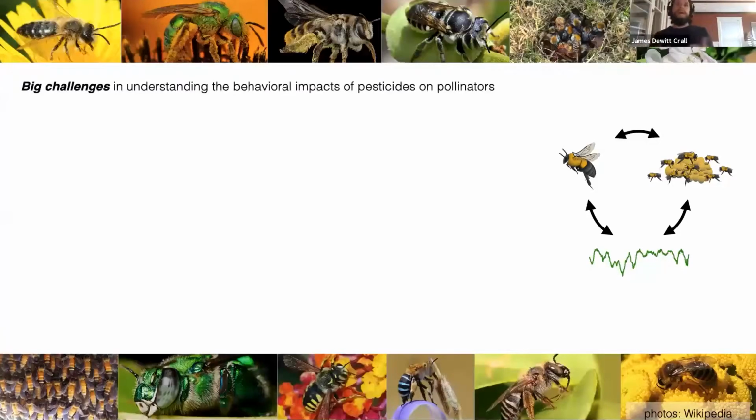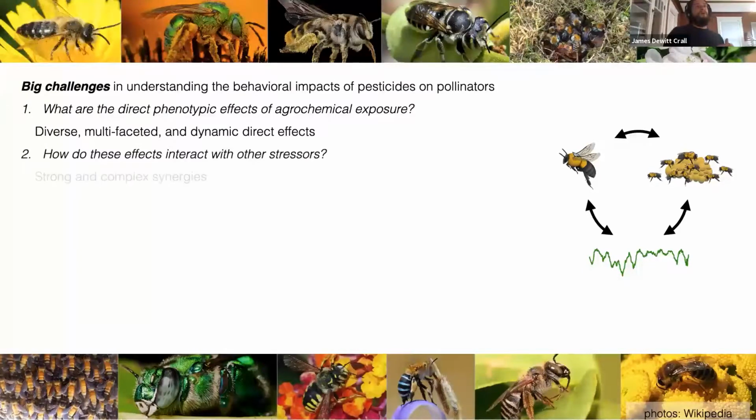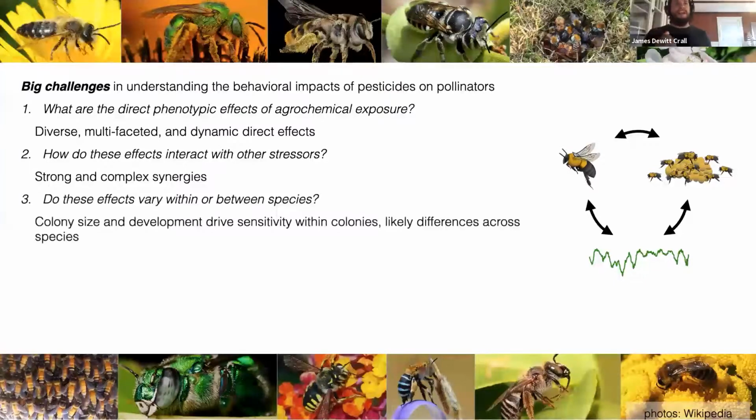Okay, so now zooming out again to these grand challenges in understanding the effects of pesticides. How do we think about the direct phenotypic effects? They are diverse. Amongst the many behaviors that bees do, likely many of them are affected by these exposures, and we want to understand that diversity. We also find evidence for strong and complex synergies between single exposures and additional stressors like temperature, and also evidence that, in this case at least, colony size and development do drive